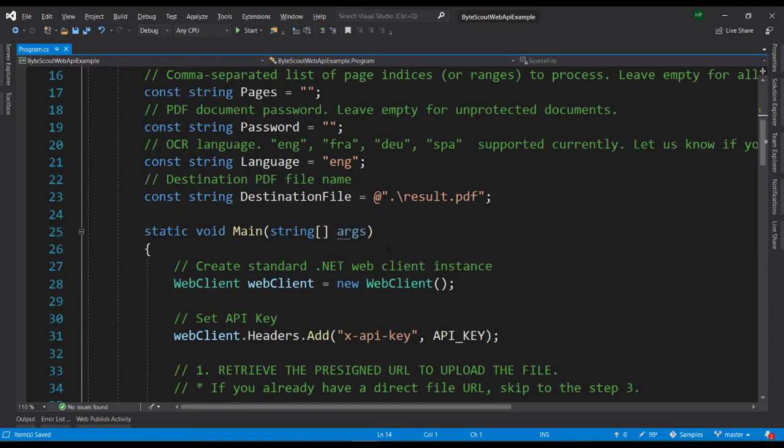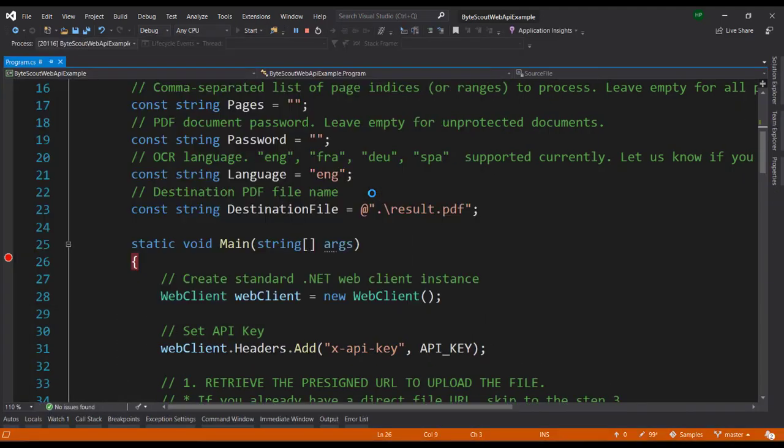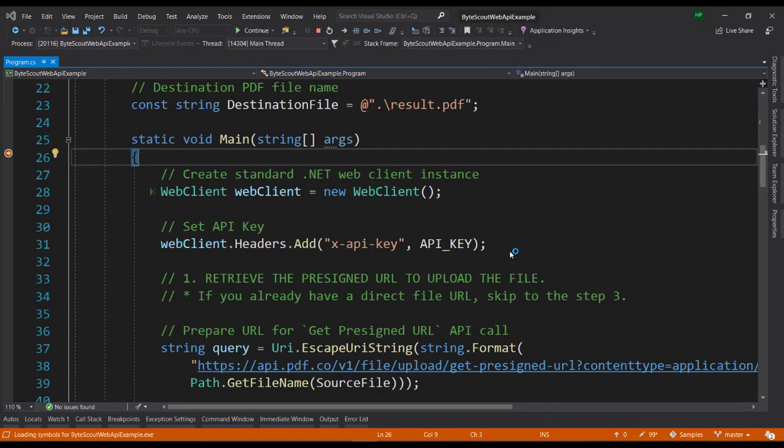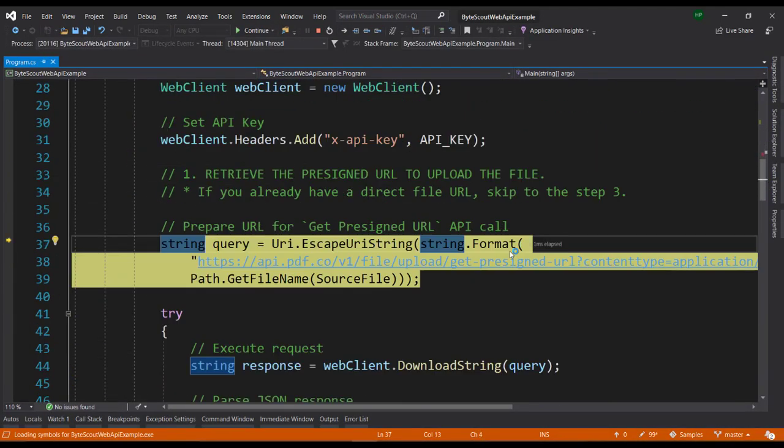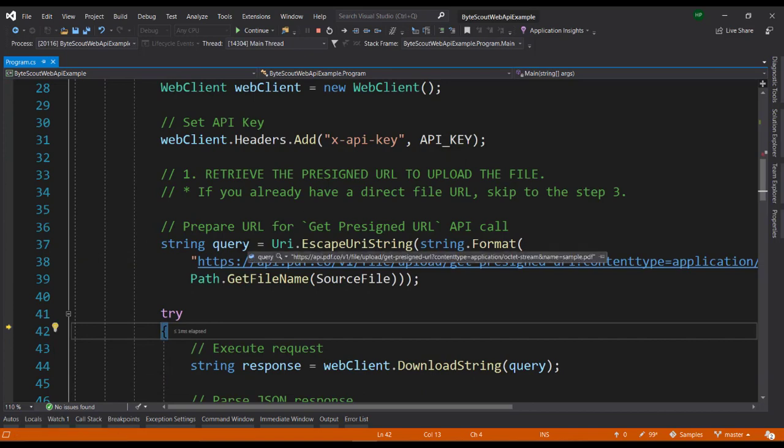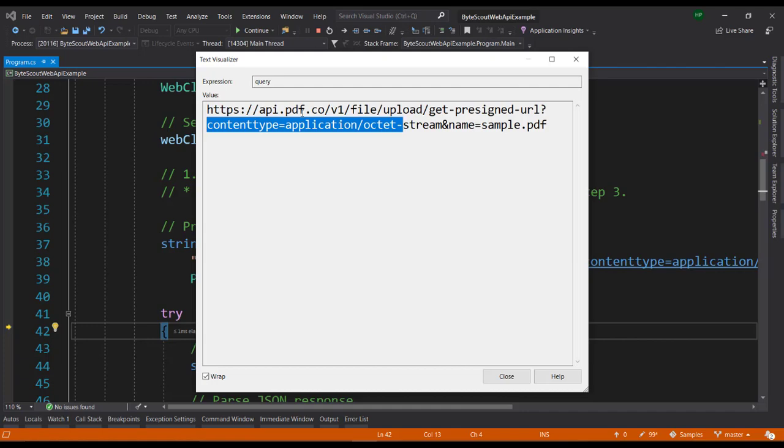Okay, the replacement of the keys is completed. Let's see it in action. I'm going to set up the breakpoint here and start the program. Okay, let's see. So here we have generated the URL. To get the pre-signed URL, we are providing the file name here.